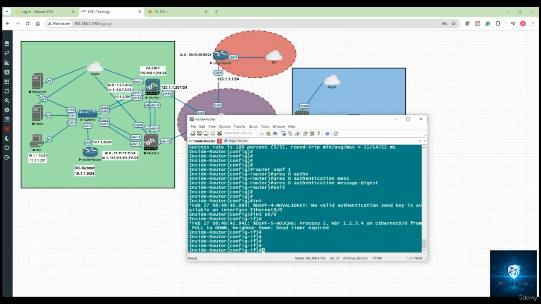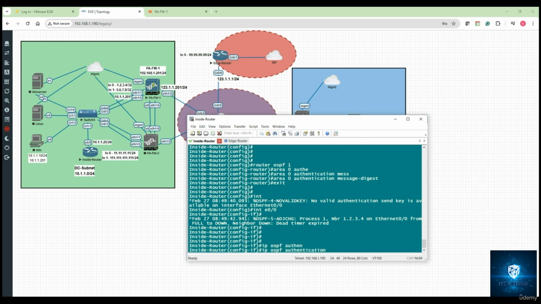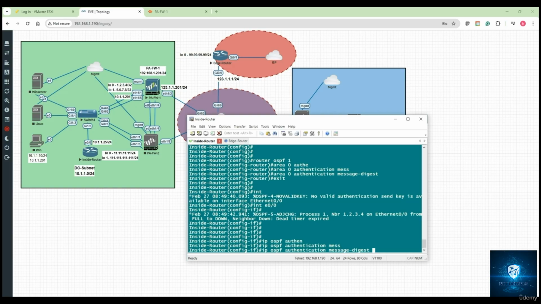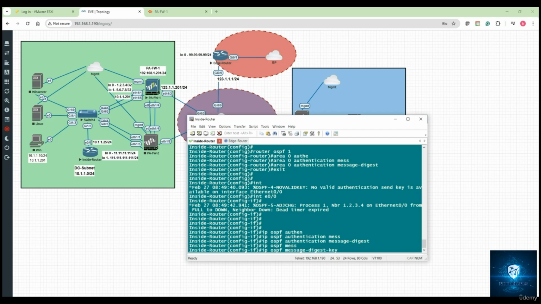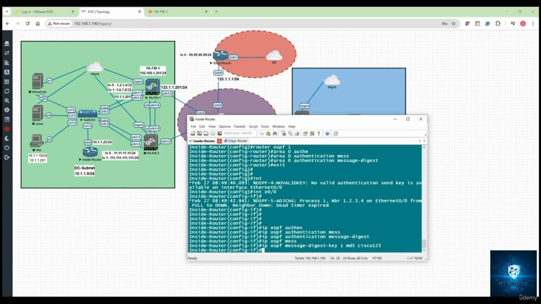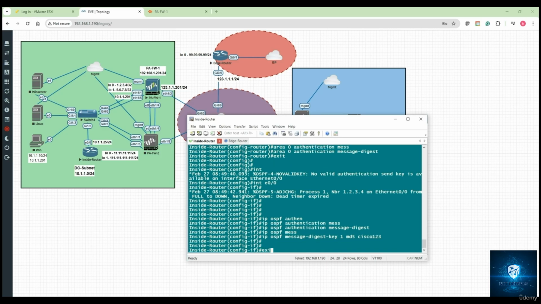So interface Ethernet 0/0, and I should say IP OSPF authentication as message digest, and then I should say IP OSPF message digest key, where the key ID is 1, and the type is MD5 and the password is Cisco123. All right,